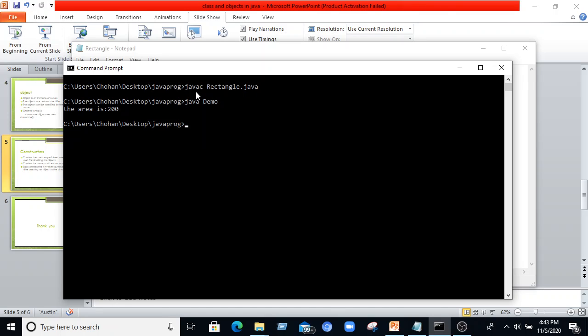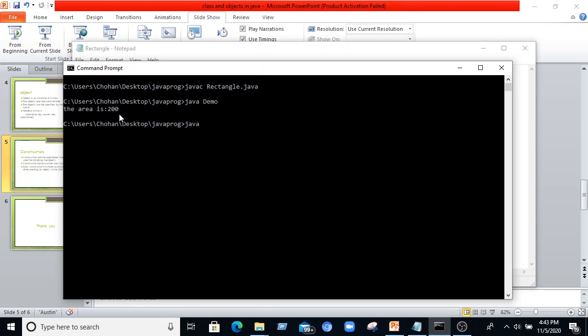We have to give the Java compiler the filename.java file only. After compiling the Java program, we execute it by using the main class which consists of the main method. Then we'll acquire the output.